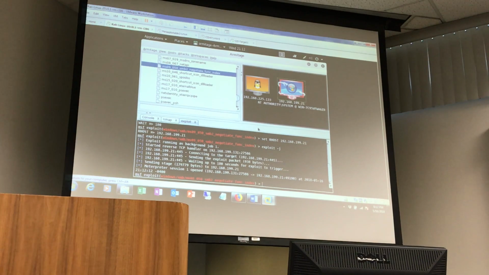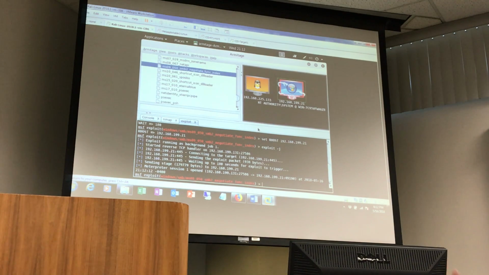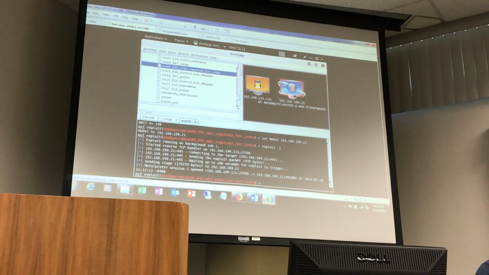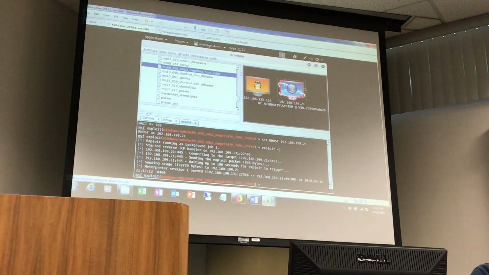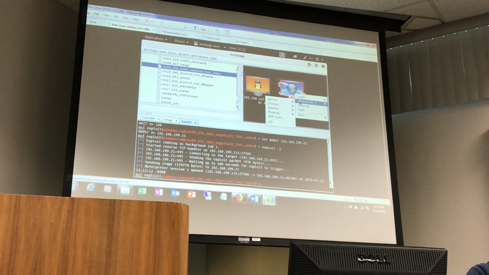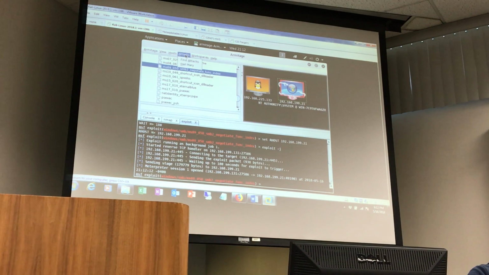All right. So once I have access to the box, and there's several different ways you can get that. There are other vulnerabilities that you may have found out when going through the lab. This is just one of the quickest ways to show this. All right. So I have my Meterpreter session. I can come over here to